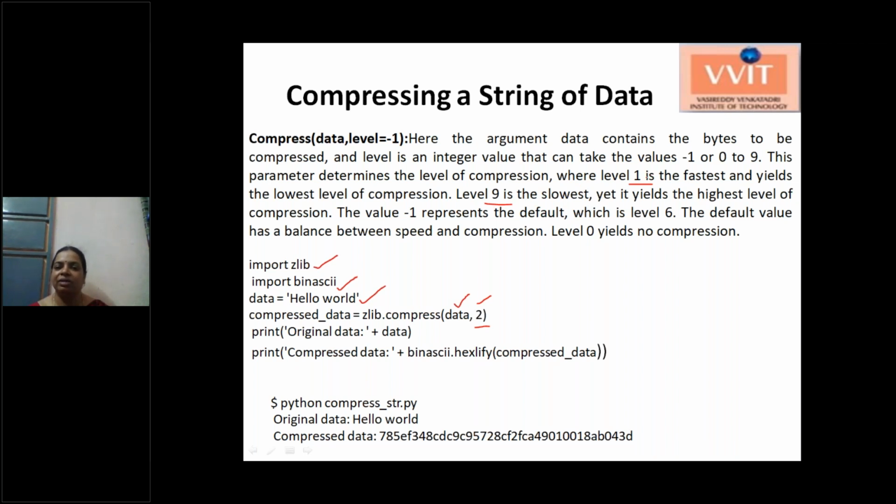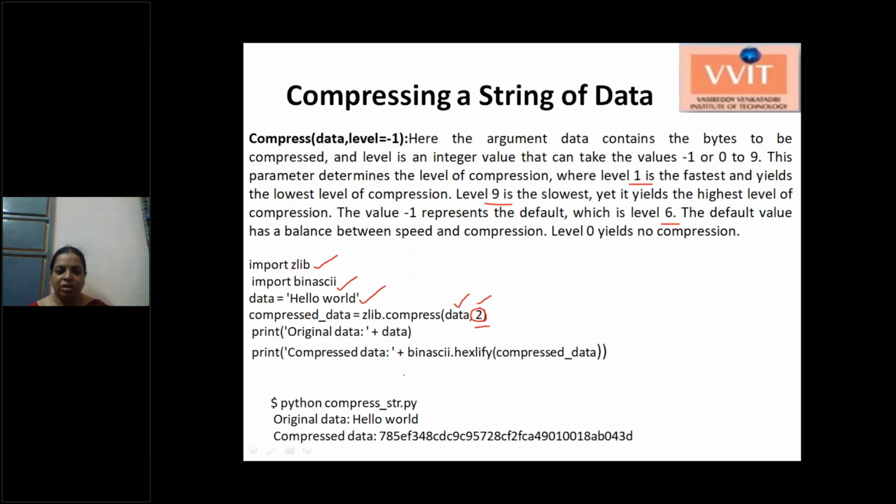If you require the fastest compression, then you can use 1, or if you require slow but the highest compression, then you can use 9. In between you can use any number. If it is -1, which is level 6, it is called the default compression. If you are not giving this value, that is, you leave this argument optional, then it will be considered as 6. That is the normal compression. So -1 or 6 is the same, the default compression and normal compression.